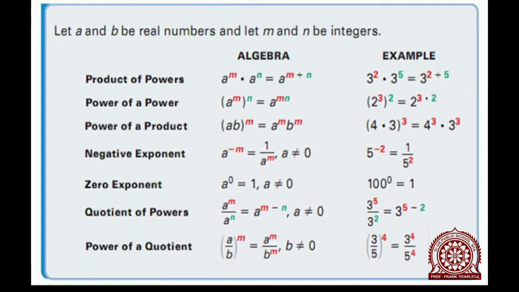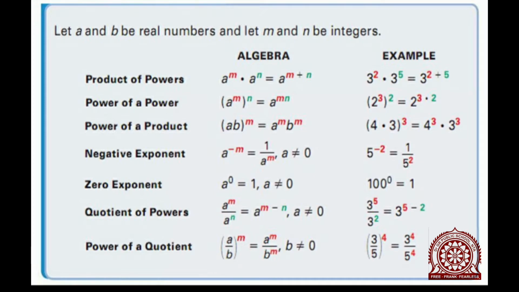And next one is very simple one that you know. Any number raised to the power 0. What is it? 1. So, a raised to 0 is 1. So, you saw the example 100 raised to 0, 1. What is 5 raised to 0? 1. What is 23 raised to 0? 1. What is minus 4 the whole raised to 0? That is also 1. So, if it is 3 by 5 the whole raised to 0, then also it is 1. Did you get, children?